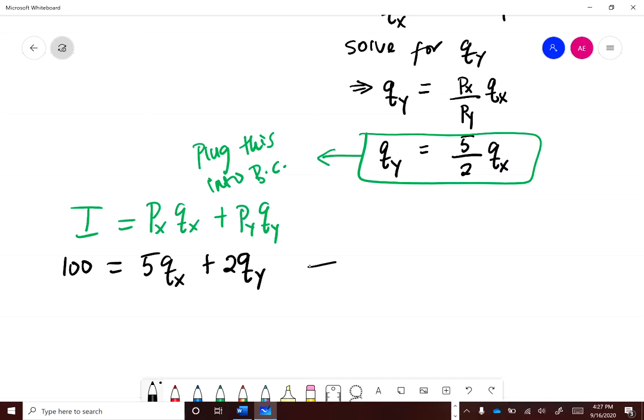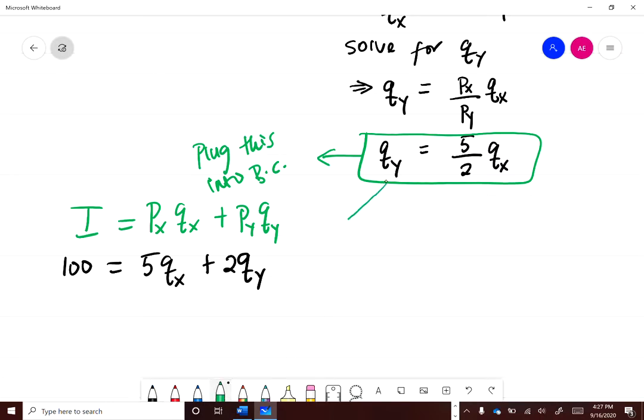In some other places, you might have seen this as 100 is equal to 5x plus 2y, right? But just so we're consistent and we know that we're talking about the quantity of x and the quantity of y, in this example and this analysis, these videos, we're going to be using Q of x here and Q of y. Okay. So with this information, we can plug